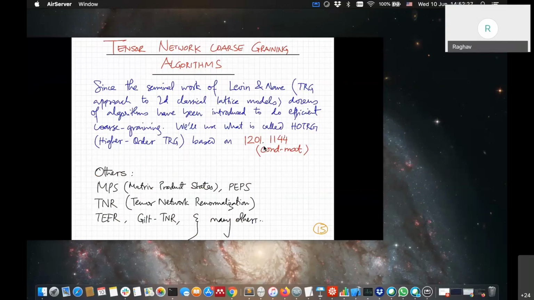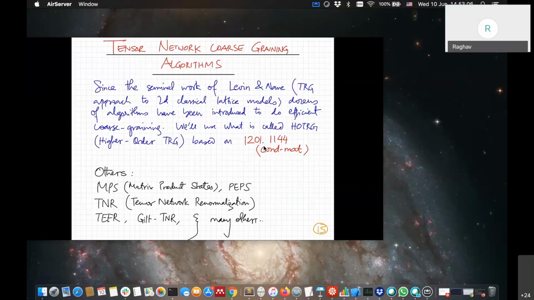The algorithm which we are going to use for our purposes is known as higher order TRG or HOTRG. Higher order TRG is just a fancy linear algebra word, in the sense that when we do the coarse graining, we'll use a higher order decomposition, not the first order decomposition as usually done. It increases the efficiency and improves on the error of the coarse graining. And the algorithm is based on this paper